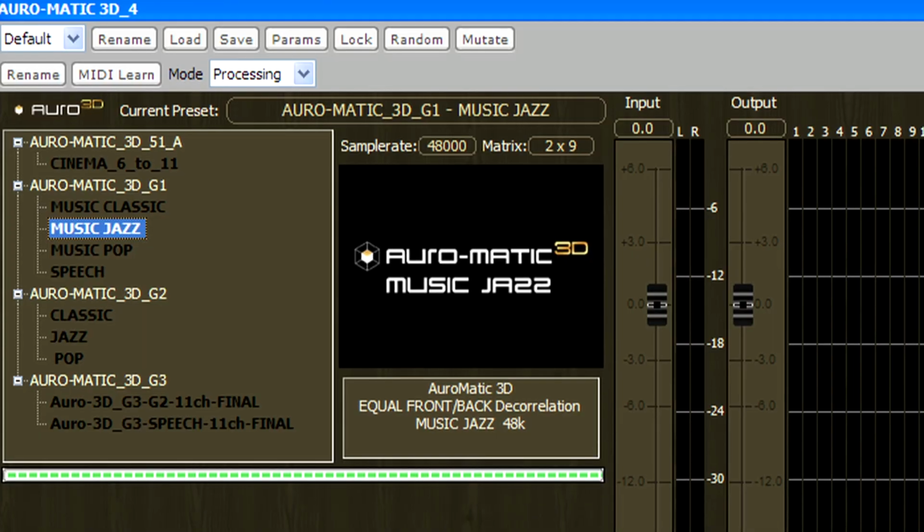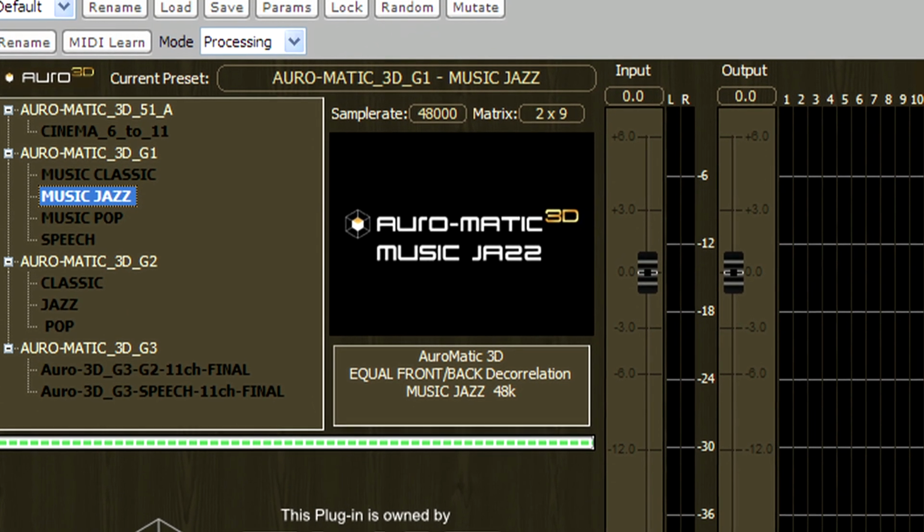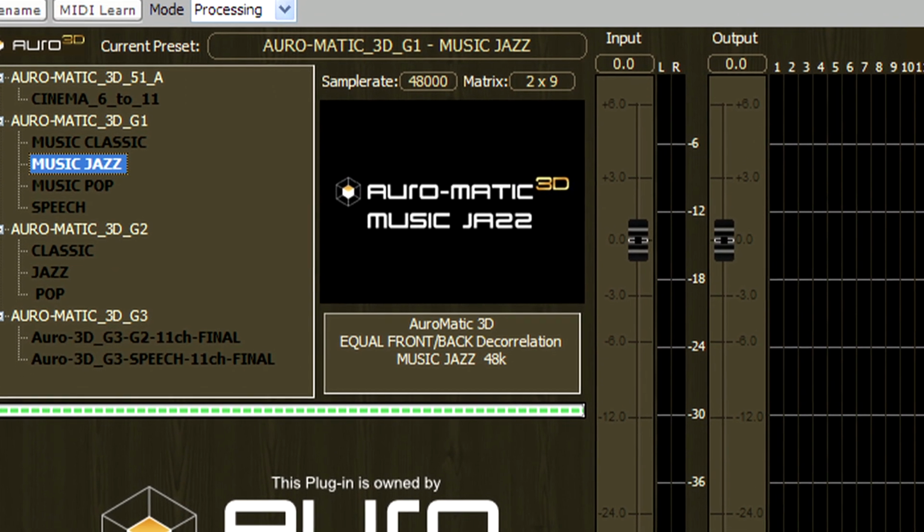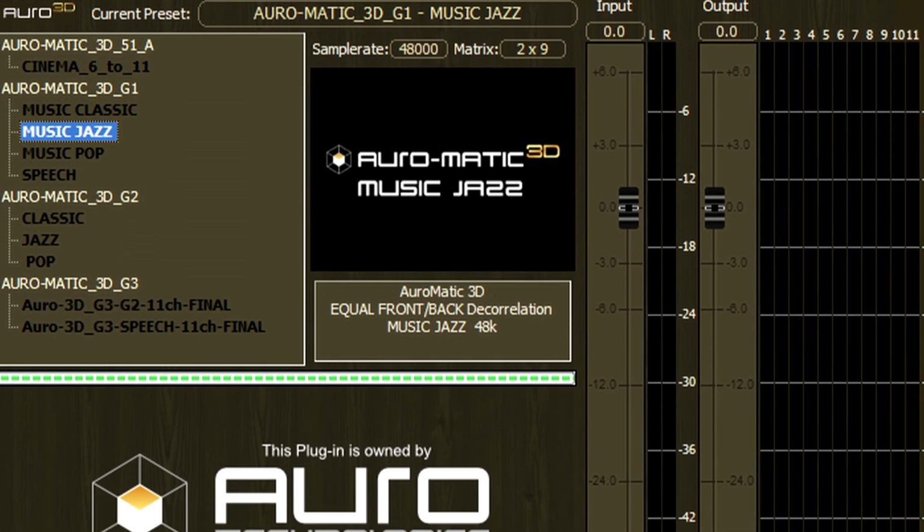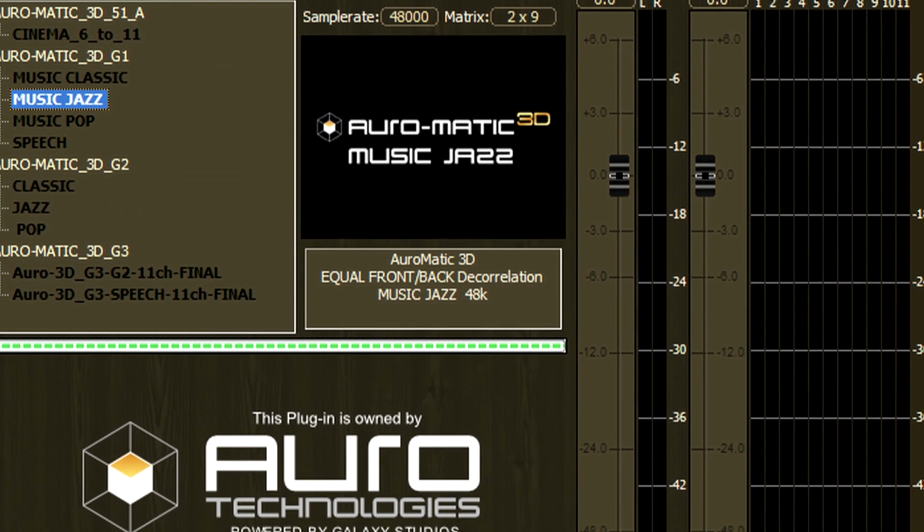Auroverb and Auromatic are two important tools to create Auro 3D sound from a mono, stereo or 5.1 source. Auroverb even allows you to make an acoustical fingerprint on the set, which can be important as an algorithm, so you can use the acoustics of the set in the plugin itself. Auromatic is an algorithm which creates natural 3D reflections on each sound, so it helps as well to create that immersive experience coming out of each sound.